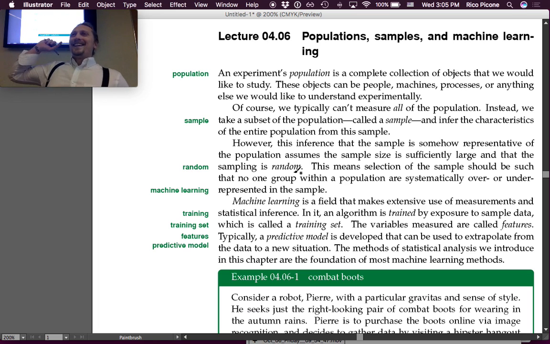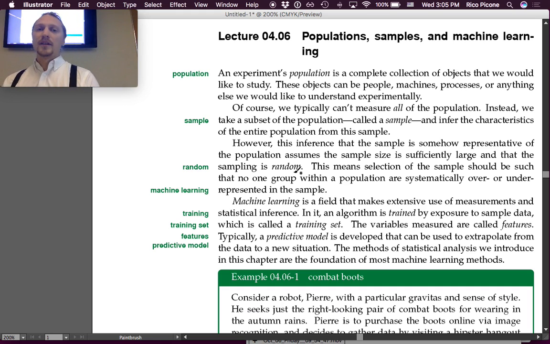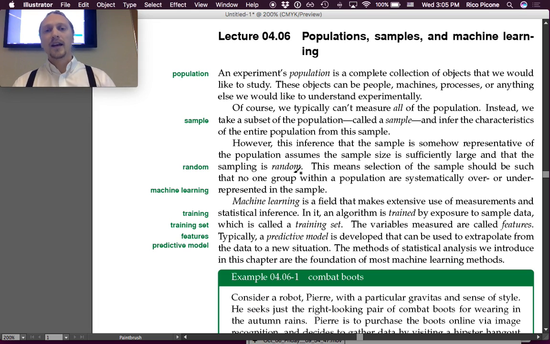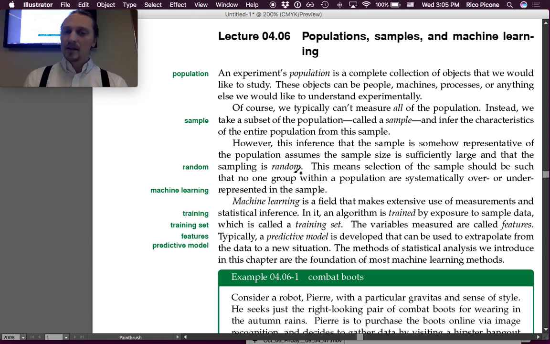So, an experiment's population is a complete collection of objects that we would like to study. These objects can be people, machines, processes, or anything else we would like to understand experimentally. Of course, we typically can't measure all of the population. Instead, we take a subset of the population called a sample and infer the characteristics of the entire population from this sample. However, this inference that the sample is somehow representative of the population assumes the sample size is sufficiently